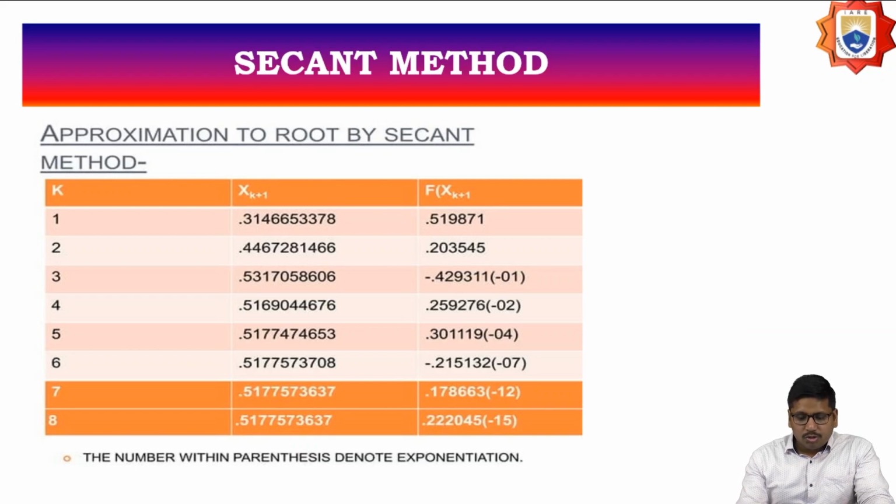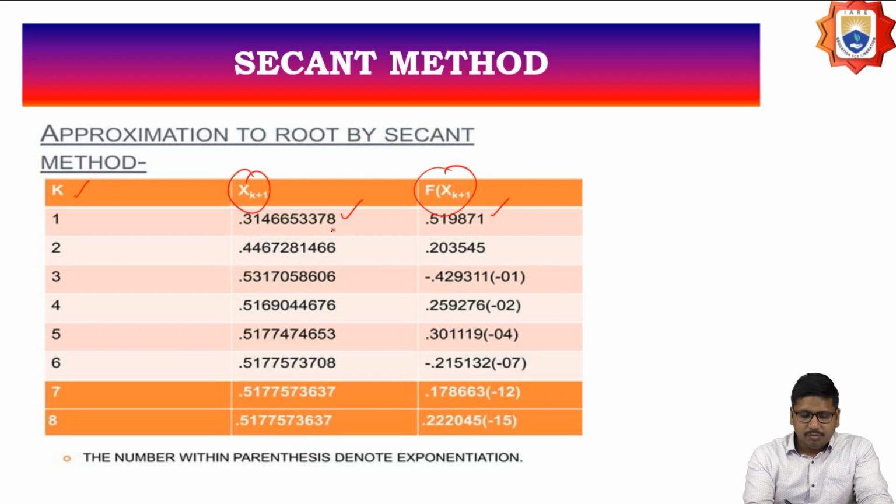So like this we are going to substitute the values. For finding this, I'm going to create the table like this, where k is going to take the values from 1 to n, and x_{k+1} is the column I'm taking here, and then f of x_{k+1} is the value I'm going to take here. By substituting the values for x_{k+1}, I'm going to get the first value as 0.314, and the f of x1 value I'm getting is